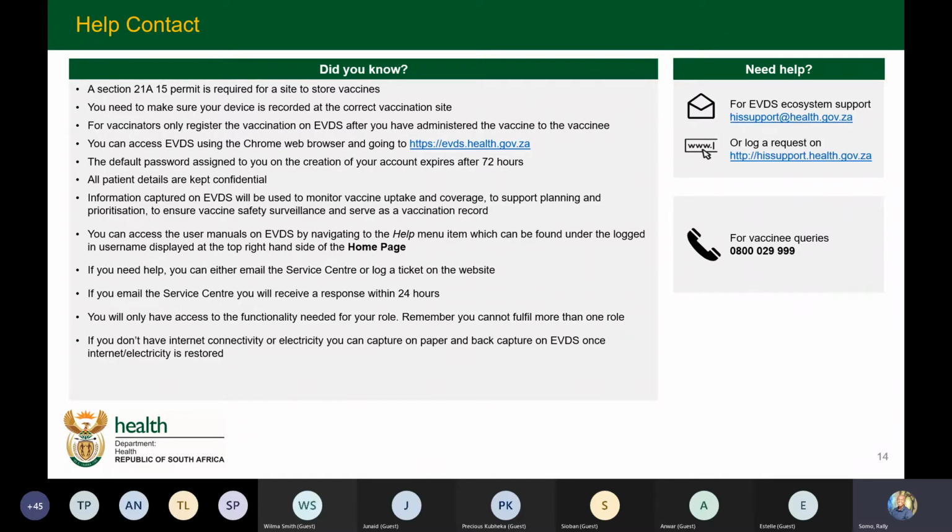And it's important to keep in mind, colleagues, that all your patient details are kept confidential and that the information used on the EVDS will actually be used to monitor vaccine uptake and coverage as well throughout the entire program. You can also access the user manuals on the EVDS by going to the help menu and then clicking on help, and it will then open up the EVDS